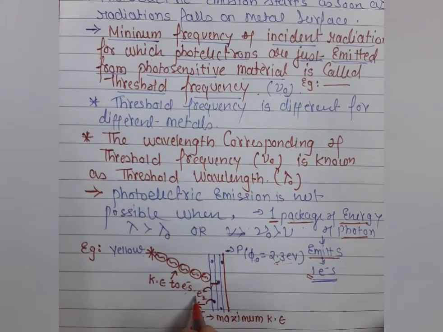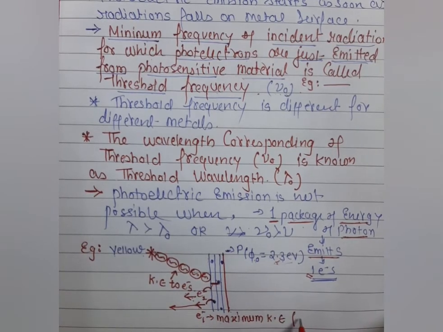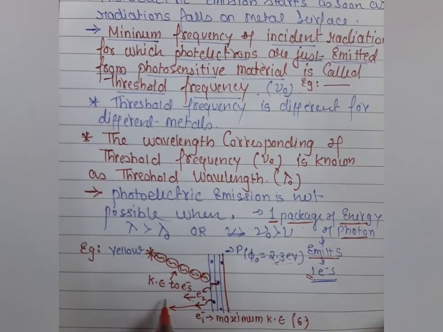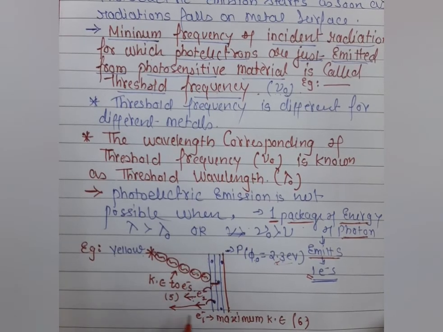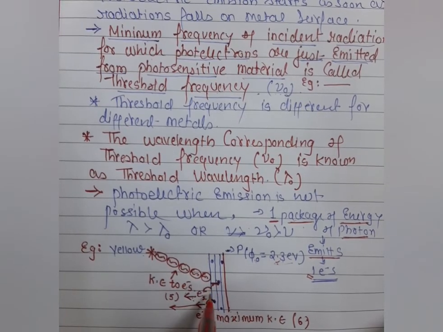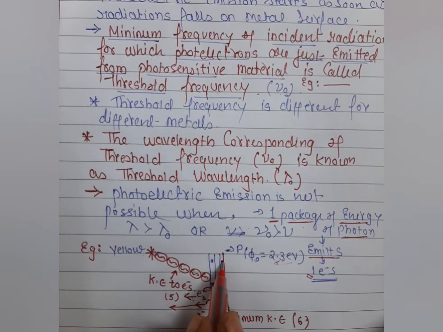And here it has its own kinetic energy, which compared to the first is smaller. Suppose, for example, that the first kinetic energy is 6. This one is less than that, for example 5, because some energy is lost while traveling inside the layers of the metal to eject from the metal surface. In this way, students, the third layer's kinetic energy is also less compared to this.